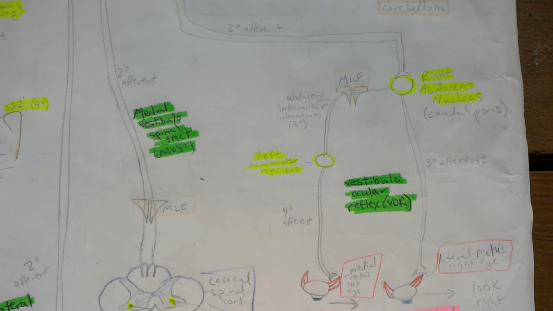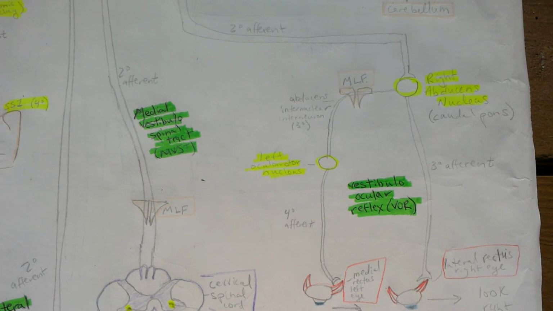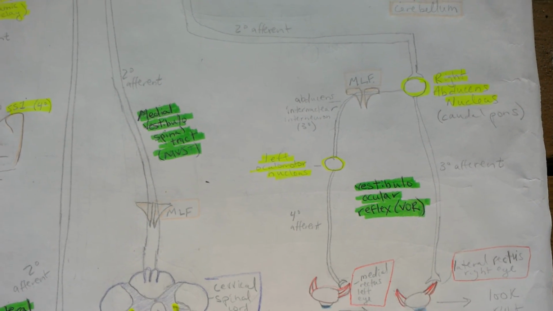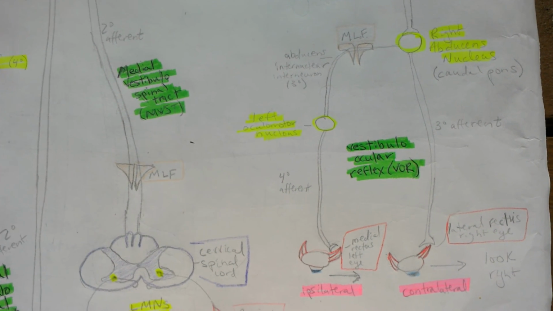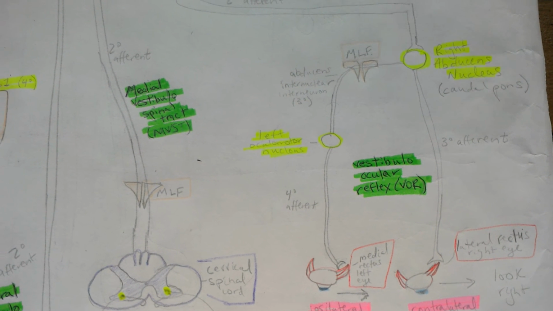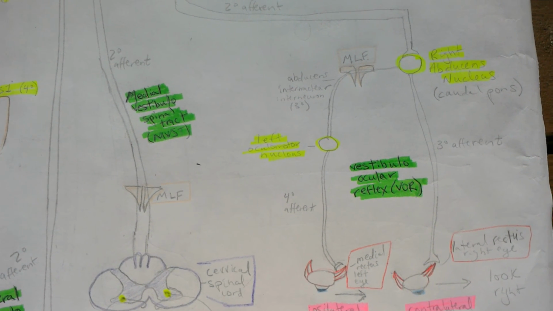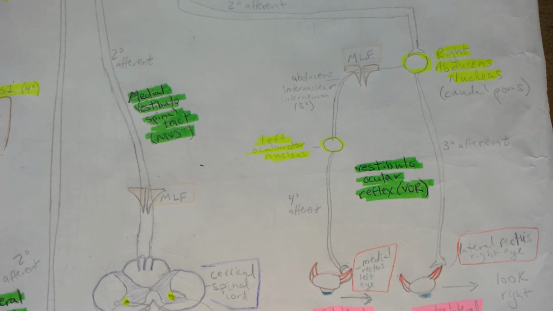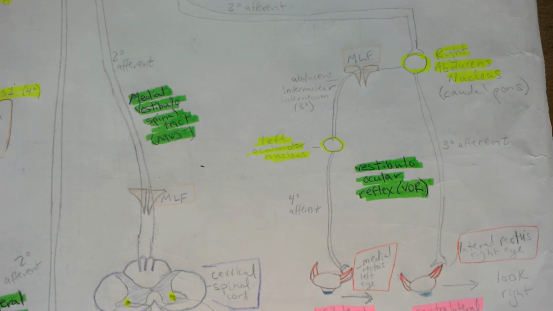Alright, and if you see here, since we have the secondary afferent coming from the nuclear complex, the nerve that is innervating the lateral rectus is going to be a tertiary afferent, but because we had an extra